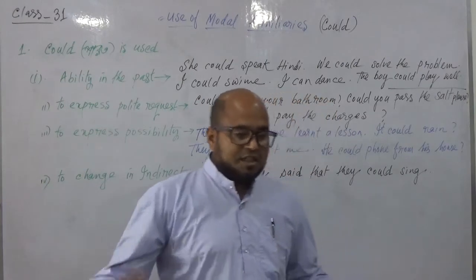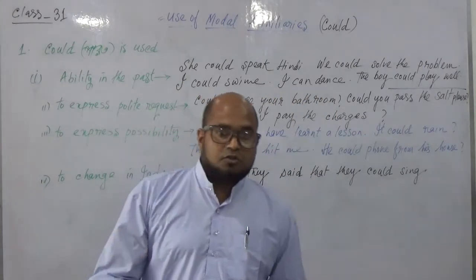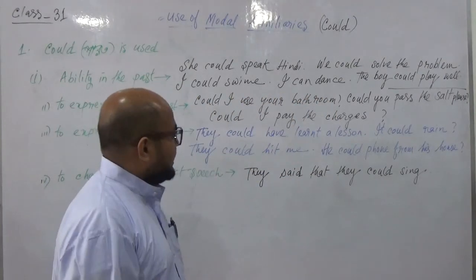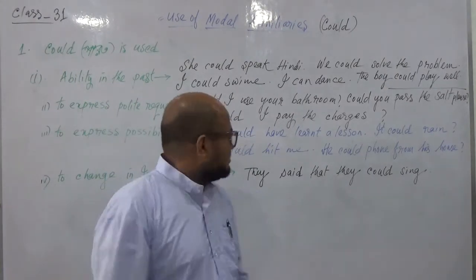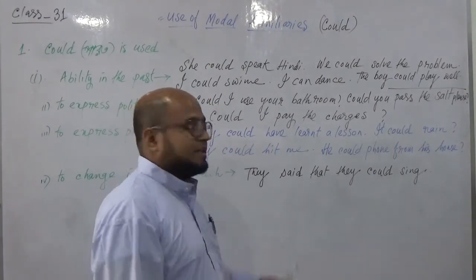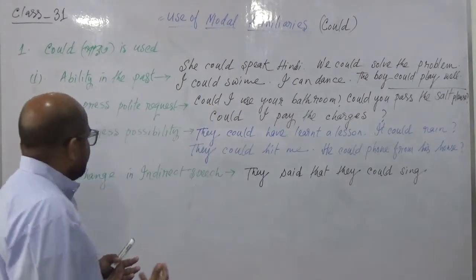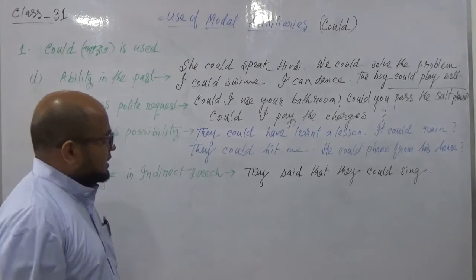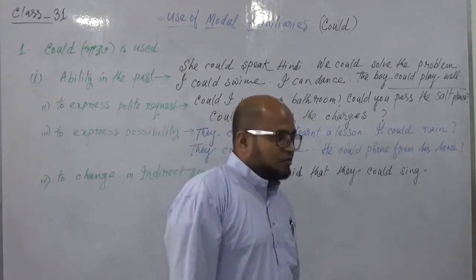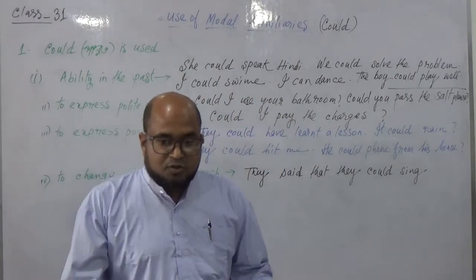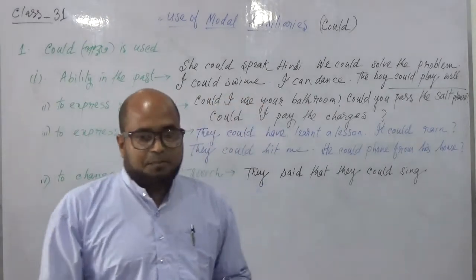They could have learned a lesson. It could rain. They could hit me. Every possibility is a past possibility. He could phone from his house. So to express the past possibility,